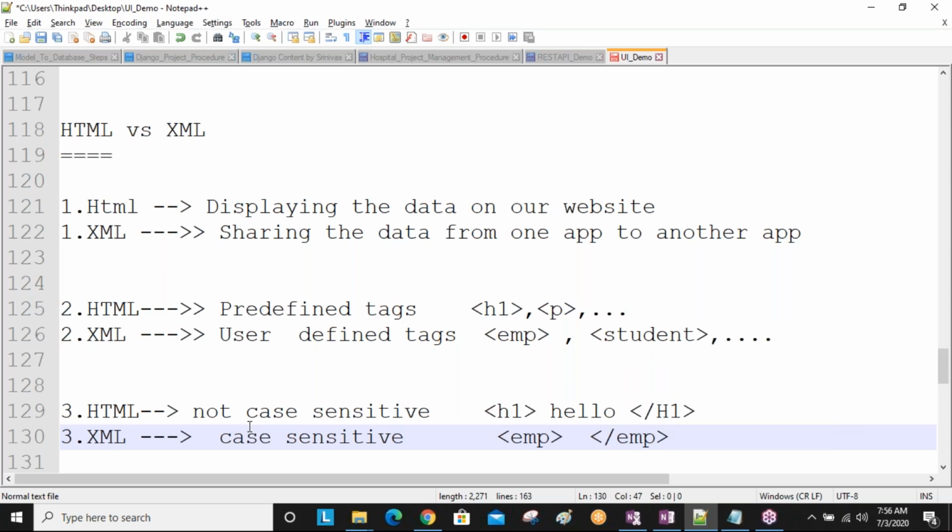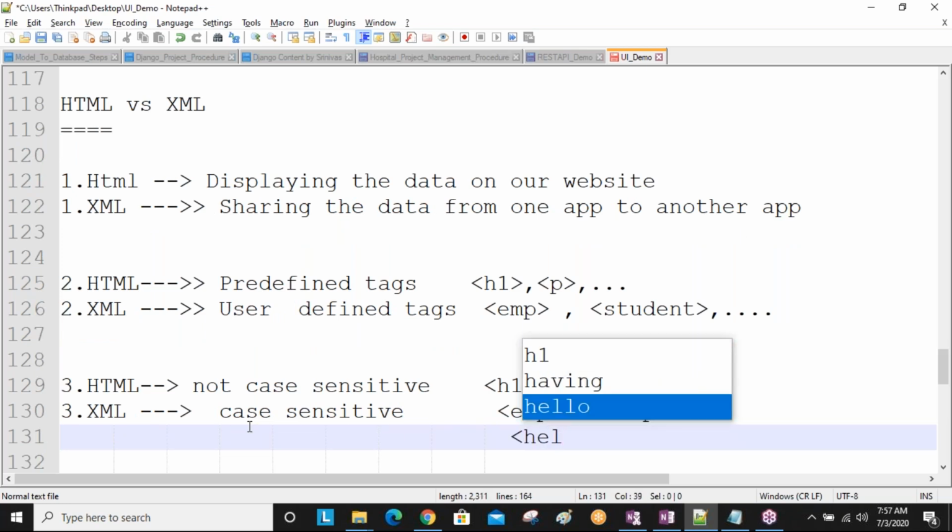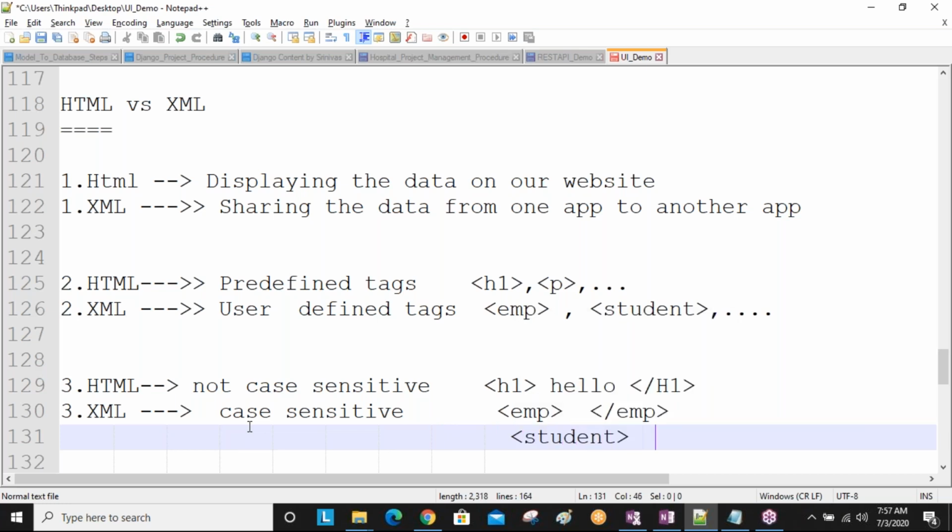So that is true, sir. If you take a different example, for example, one more like student, and if you close it with a capital S, observe, this is a fail. This is wrong.